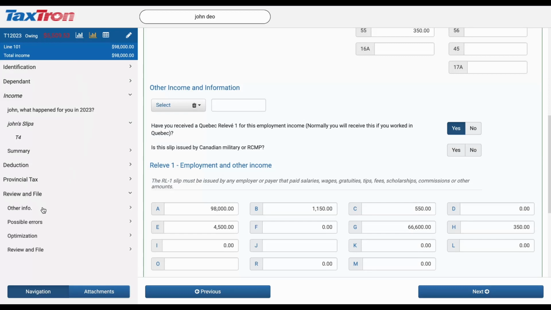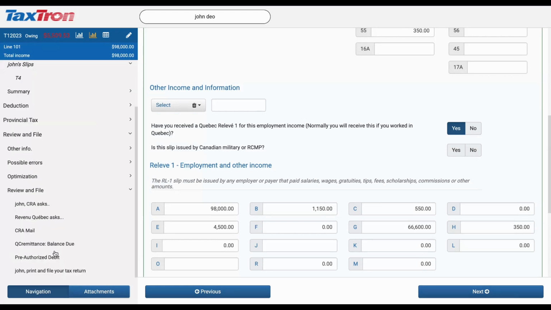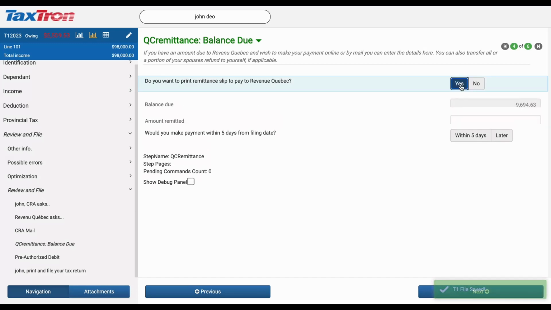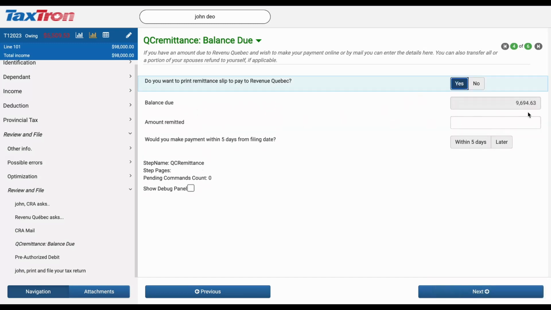Head over to Review and File in the left navigation bar. Click on QC Remittance, Balance Due. Respond Yes to the question, do you want to print a remittance slip to pay Revenue Quebec? The balance due will appear automatically, but you'll need to confirm the remitted amount by entering it in the provided